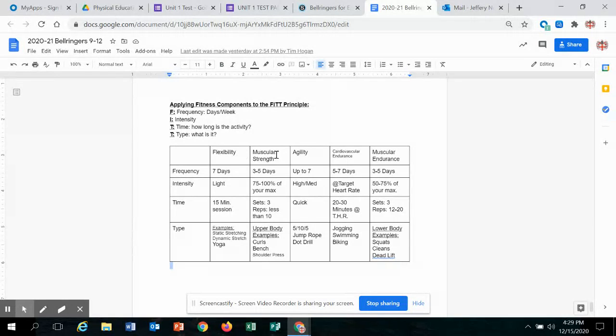Muscular strength. So this is something where it's maximum effort, really close to your maximum effort, and short amount of reps or short amount of time that you're doing it. So sprinting 50 yards, that's muscular strength. Jumping as high as you can to get a rebound in basketball, that's muscular strength. Going in the weight room and doing 3 sets of 10 reps with a heavy weight on the bar,